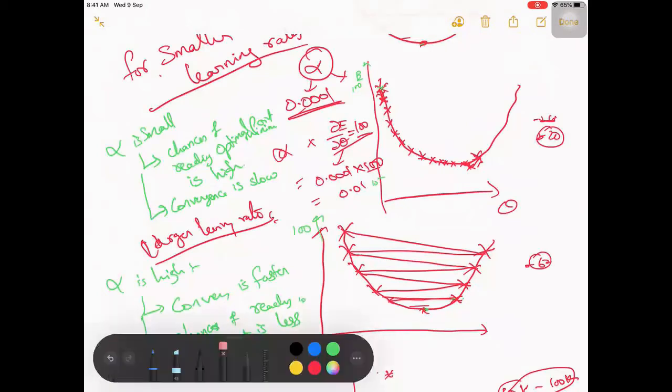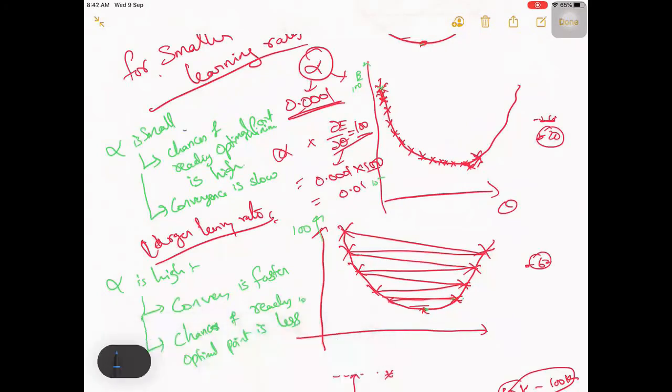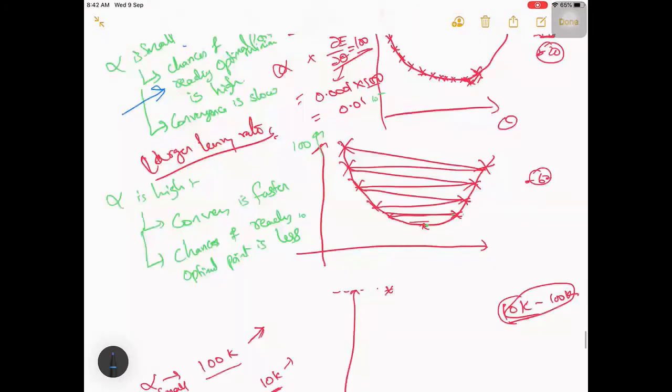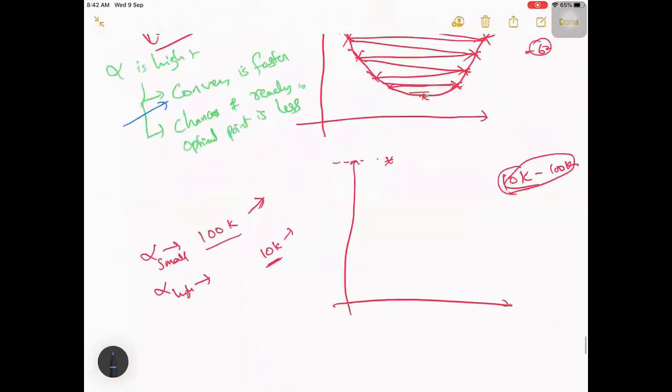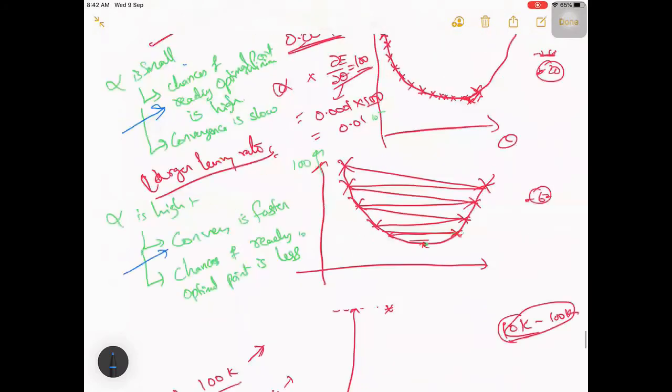So we need the advantage of the smaller learning rate where the convergence is also optimal, and we also want it faster. We want a mix of both. Okay, right? So this is what we need, so that when you're training your model, it won't take this much time.